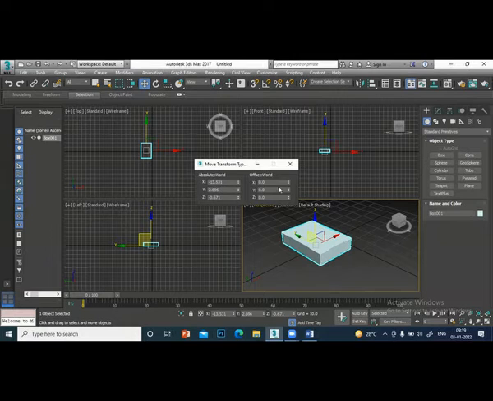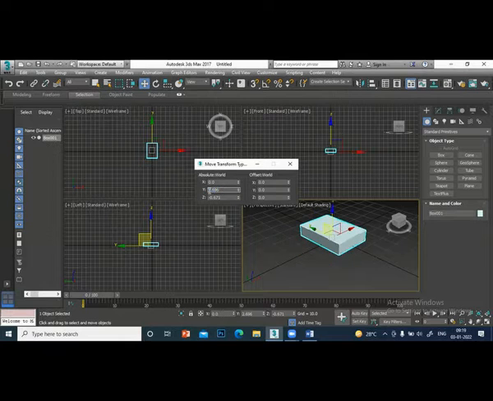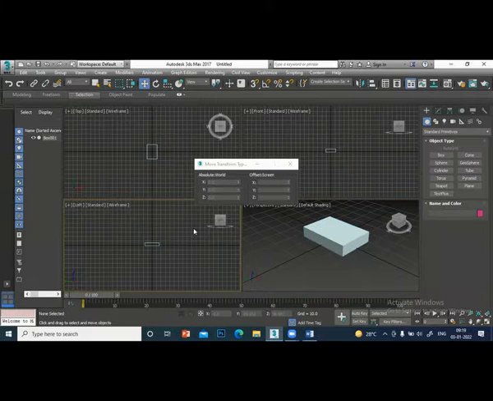There are two sets of axes shown here. One is the absolute coordinate. That means this indicates the x, y, z coordinates of that particular object. So this particular object is situated at x minus 13, y 2.6, and z 0. I can make it 0, 0, 0. So my object is at 0 now, exactly at the middle of the coordinate system.